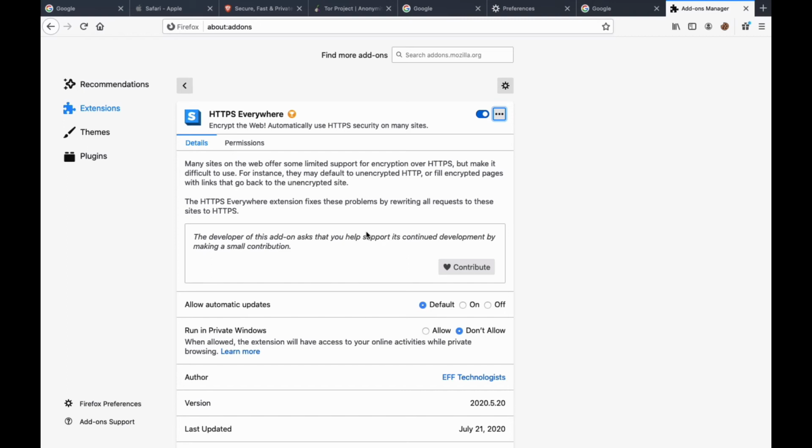Most internet service providers that give us their SIM cards so that we can buy data bundles also track everything we do on the internet. So with HTTPS Everywhere, it encrypts the website and uses the HTTPS security of many websites,